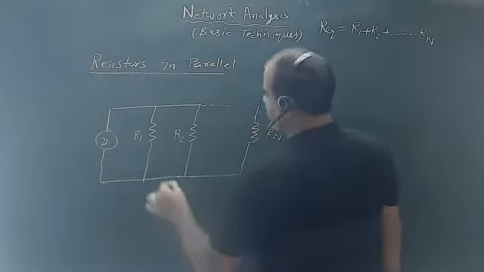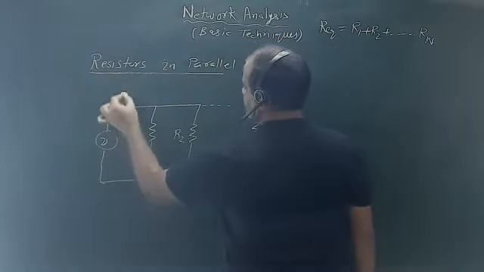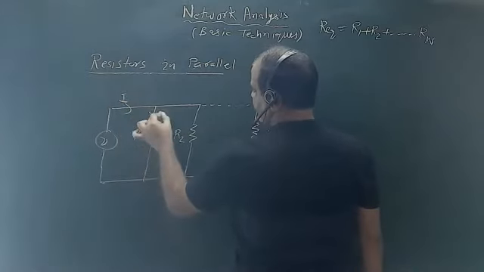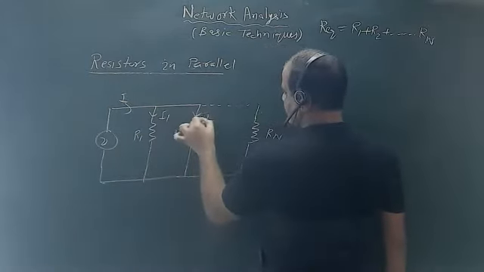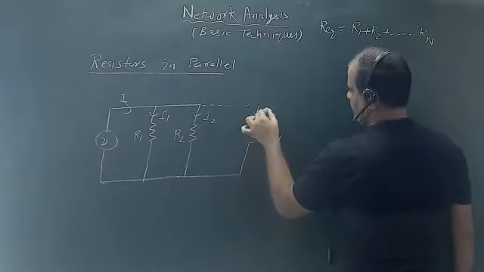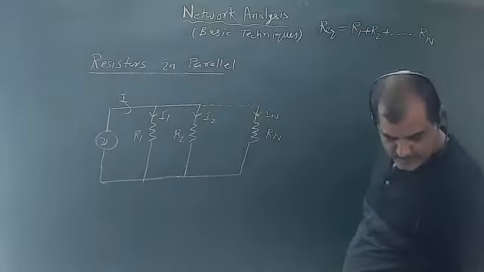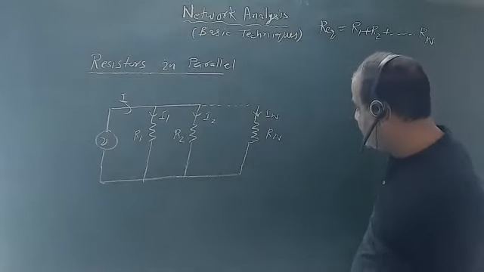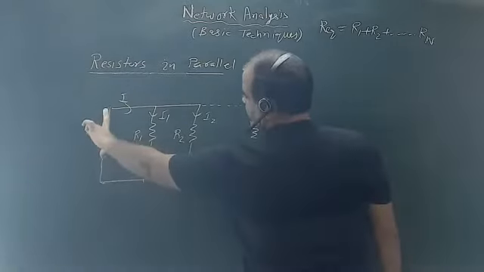Current I is coming here, so out of it I1 is going here, I2 is going here and In is going here. Because these resistances are in parallel, they are connected on the same terminal,